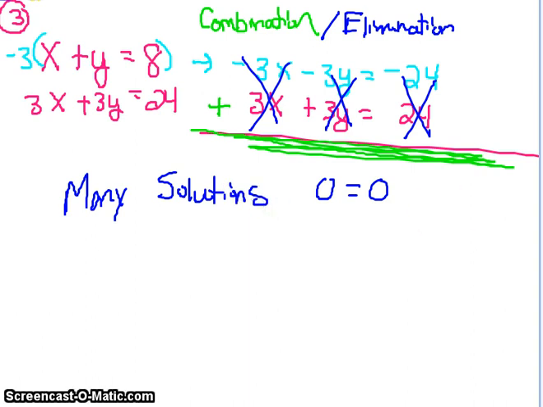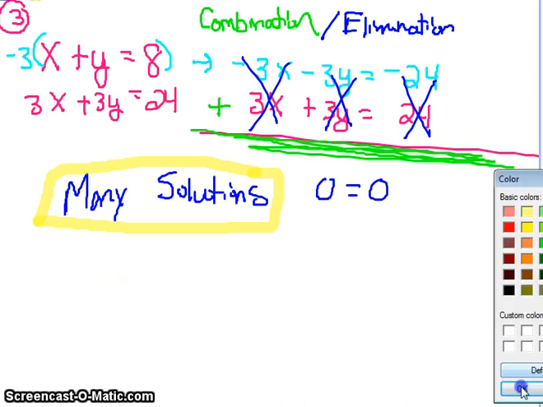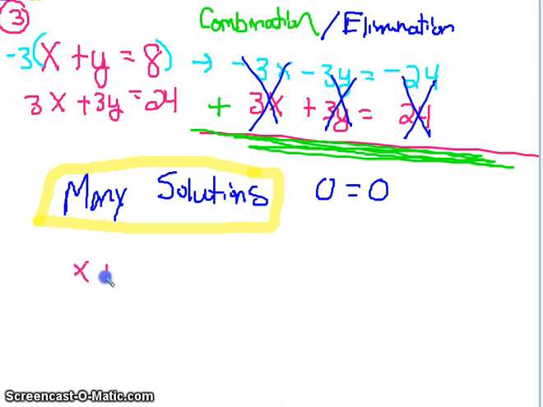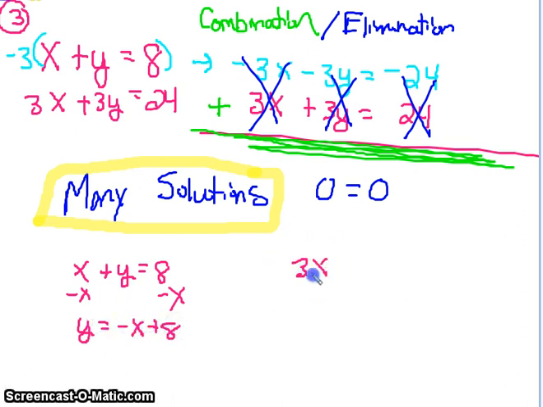Remember when we talked about how if they are the exact same line when you graph them, that it would be many solutions? And so what we're going to do is look at these two lines really quickly. And we have x plus y equals 8. When you subtract x from both sides, y equals negative x plus 8. And when you have 3x plus 3y equals 24, you subtract 3x,